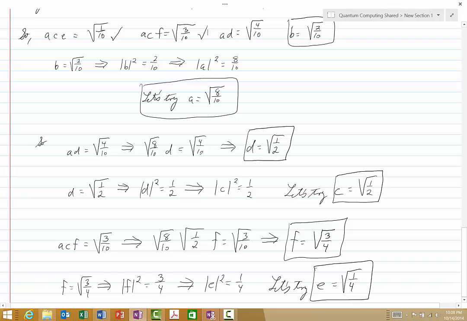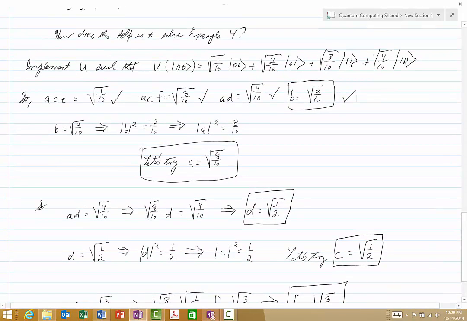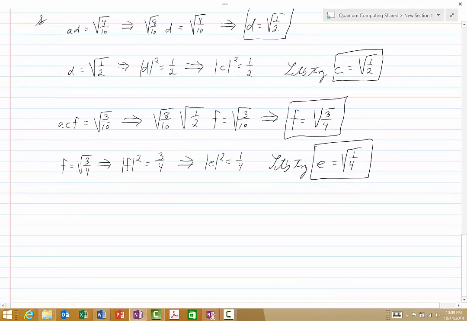Well, A is square root of 8/10, D is square root of 1/2, and so when we multiply these together, we do indeed get square root of 4/10, so that checks. And of course, B equals square root of 2/10 is what we've been using to derive the others. And so now we have A, B, C, D, E, and F, which altogether will satisfy all of the equations. And so we're done. So the answer is